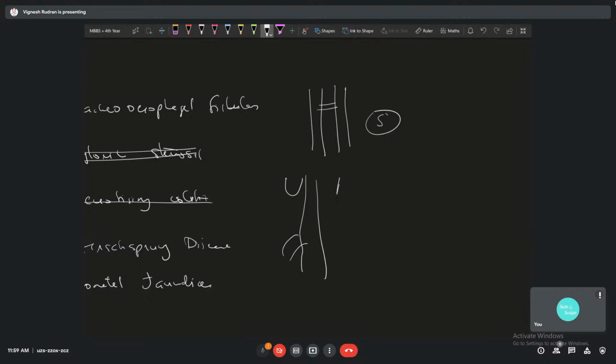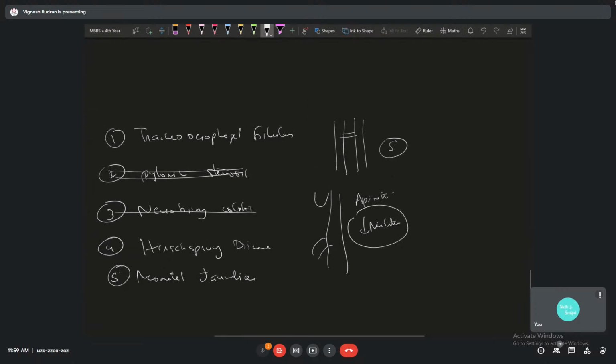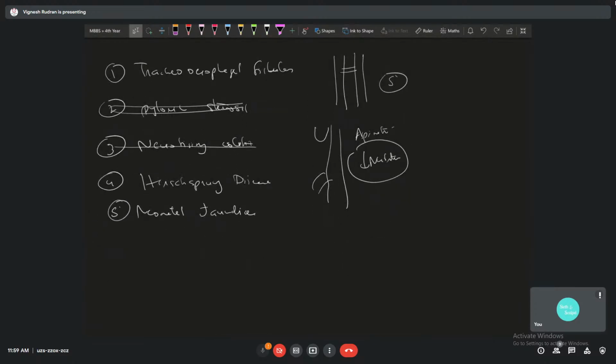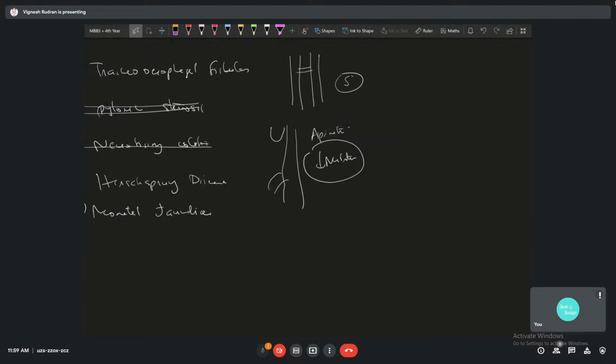The problems with this are going to be aspiration, and then, as in any GIT problem, you're going to have decreased nutrition. When you have decreased nutrition, you will have nutritional deficiency symptoms as in SAM and MAM. So you integrate all of those points in case you run out of points to write for any problems in GIT. That is about your tracheoesophageal fistula. Then how do you diagnose? This is by endoscopy, where you won't be able to go beyond the blind pouch, and then you can do an X-ray, barium meal. Treatment is going to be surgical only, surgical repair.